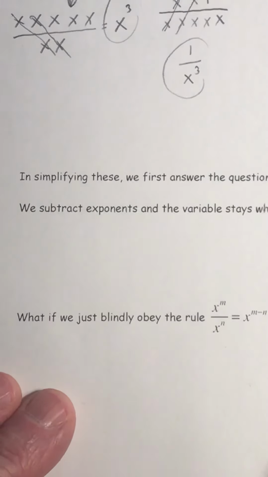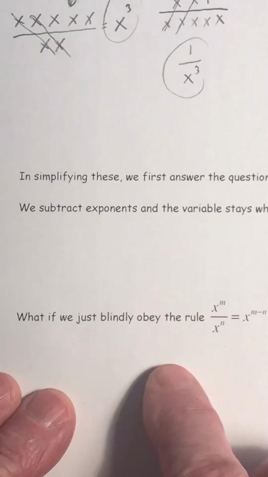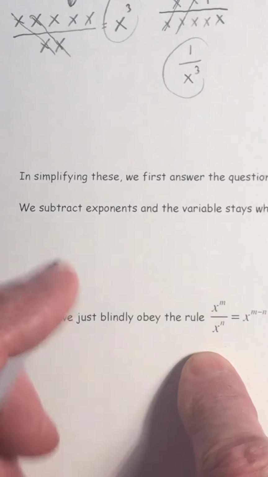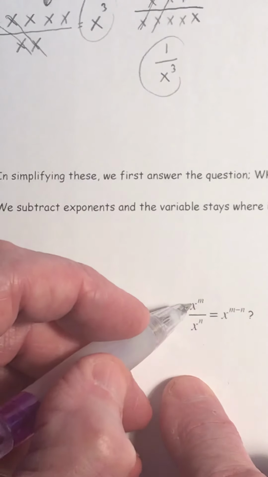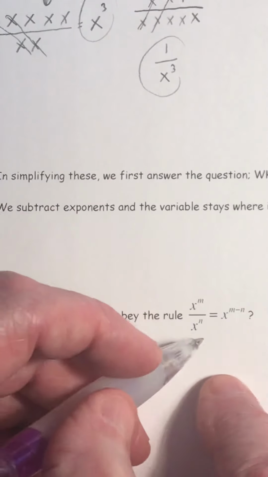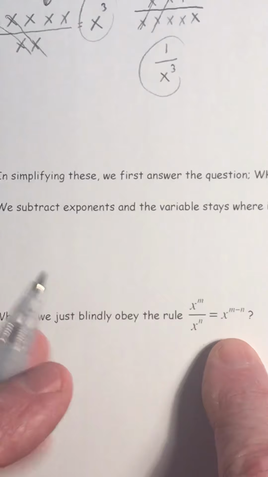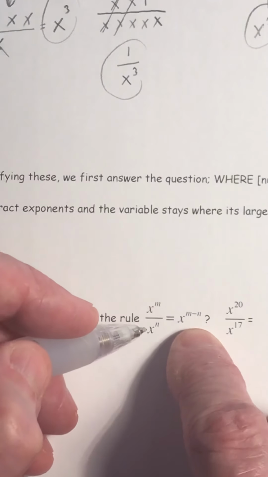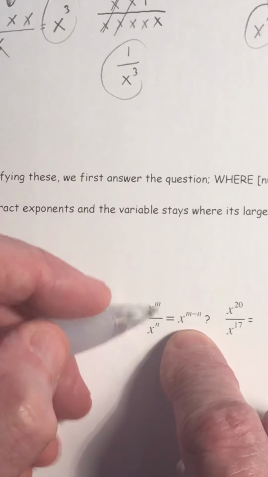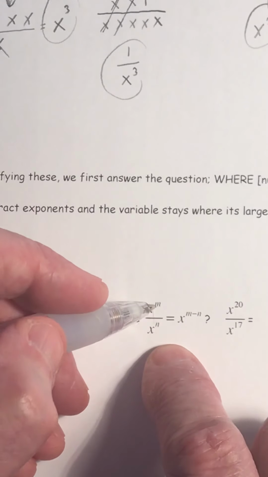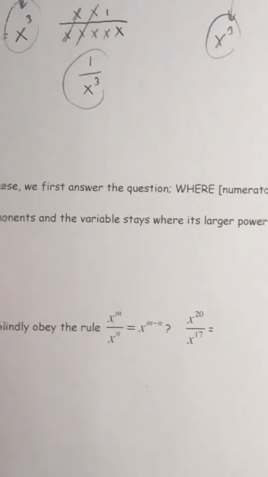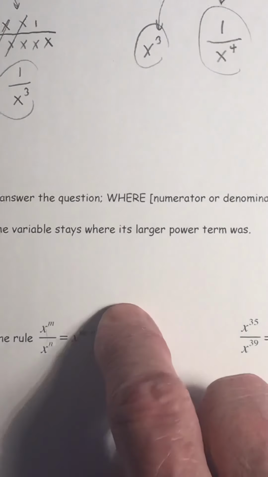So, let's go down here and talk about these things just for a minute. What if we just blindly obey the rule x to the m over x to the n equals x to the m minus n? And this is written in your book. So it's saying the answer to simplifying that is to take the exponent from the top and subtract the exponent from the bottom. If we do that here,